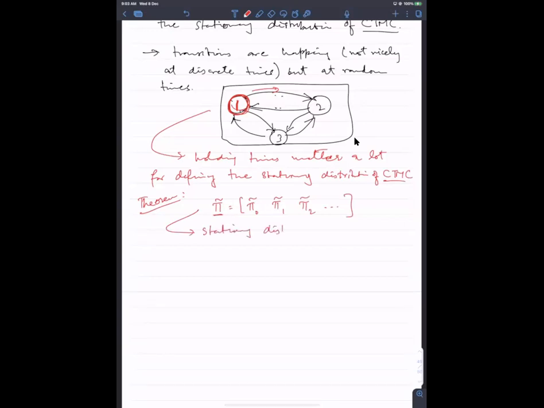Stationary distribution of jump chain. This is the stationary distribution of jump chain. Okay. Let lambda i's be the rates